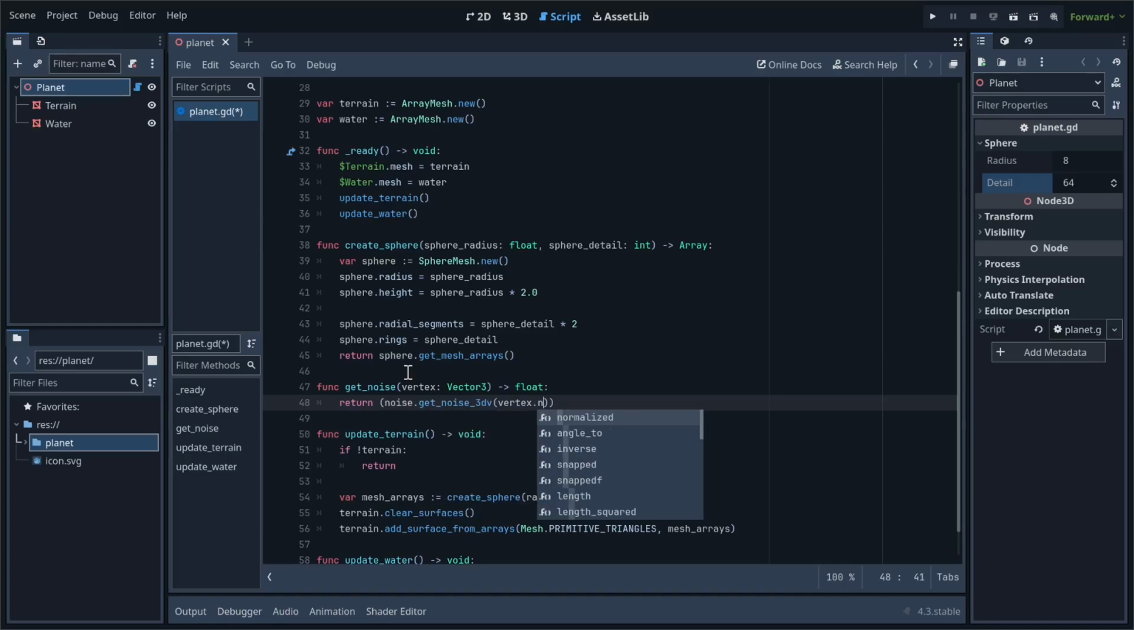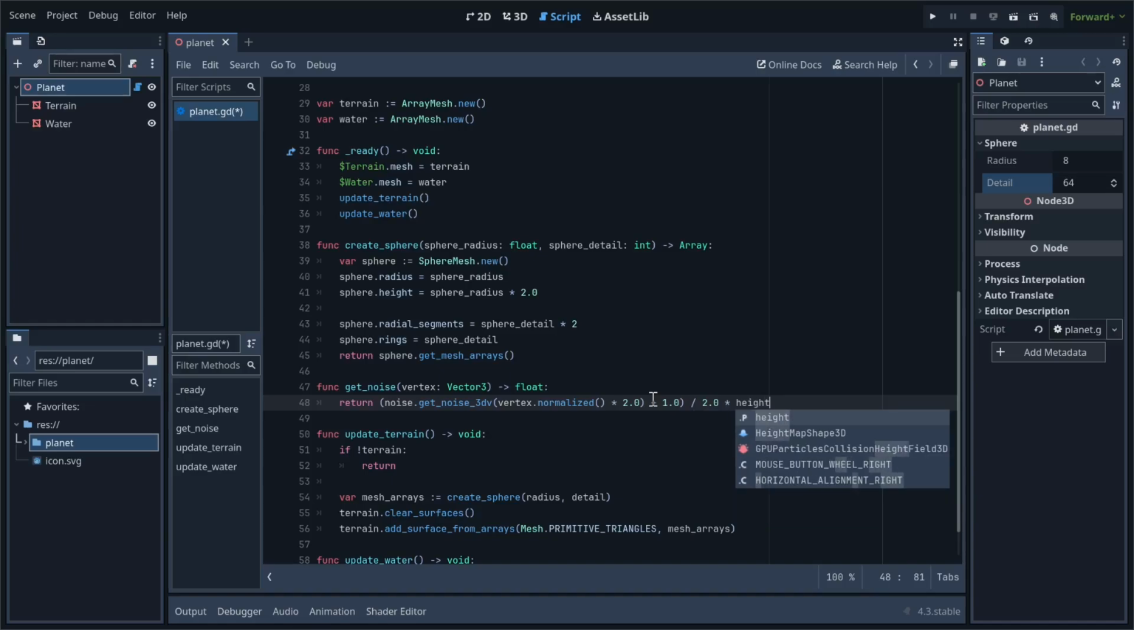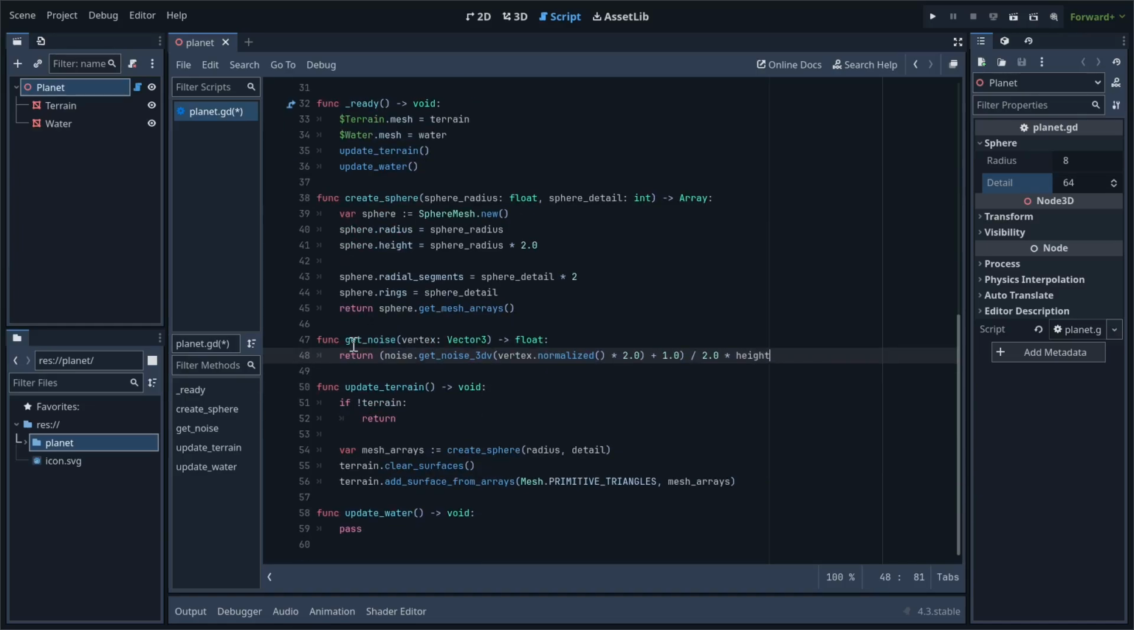We first want to normalize vertex, just in case it isn't normalized already. Then we are going to multiply by 2. So then after we get the noise, let's add 1 to this, then divide by 2. What this does is it makes sure that the noise is ranging from 0 to 1, which is what we want. Then finally we can just multiply by height, so that the higher height value is, the more noise is returned. So now that we have the getNoise function defined, we can actually add the noise to our